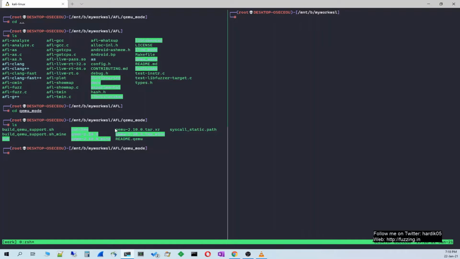The first thing you need to do is simply run this build_qemu_support.sh script, and when you run it, it may give you some errors. So let's try and run it as it is, and we will figure out if any error comes up.